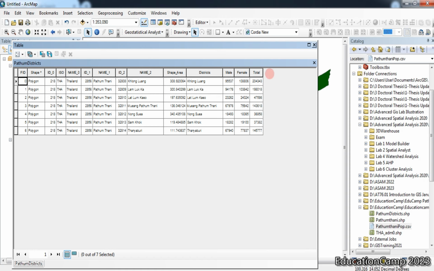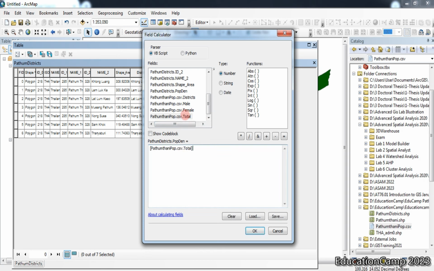How to do it? You just click on here, go to add field, and name the field pop den, which is population density. Use the short integer. It's okay. Then right click on the pop den field and go to the field calculator. And then you need to determine the population density, which is equal to the total number of population